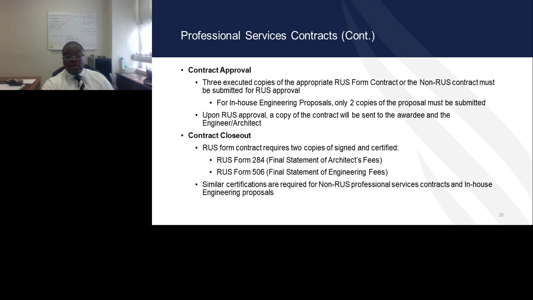Next slide. On contract approvals, once a contract has been executed, 3 copies of the executed RUS contract or non-RUS contract must be submitted for RUS approval. Once approval is documented, a copy will be sent to the engineer, and one of the other copies will be sent to the awardee. For closeouts on engineering contracts,